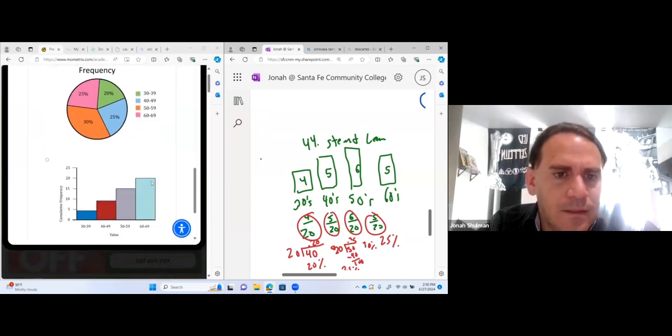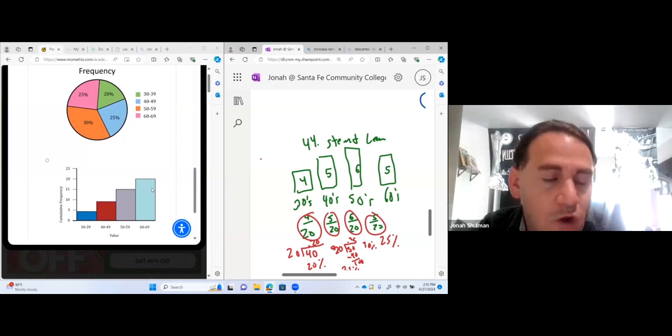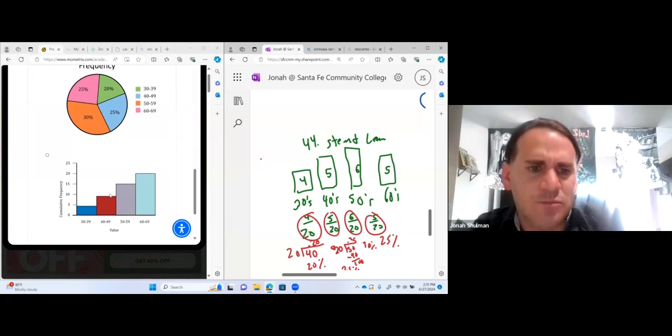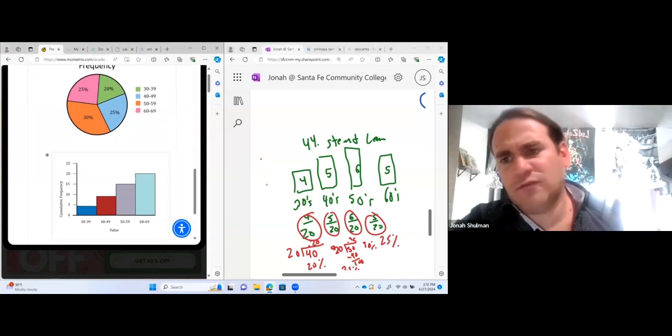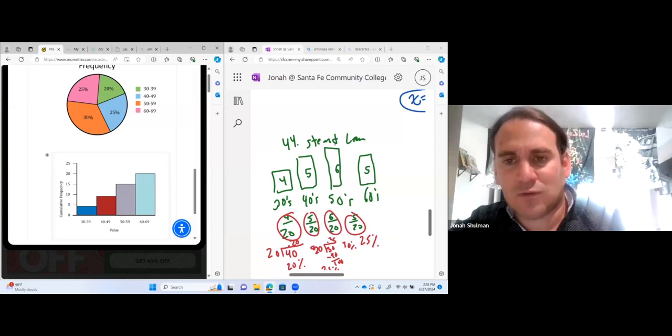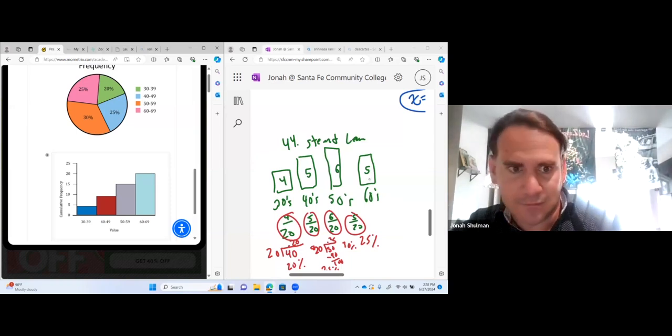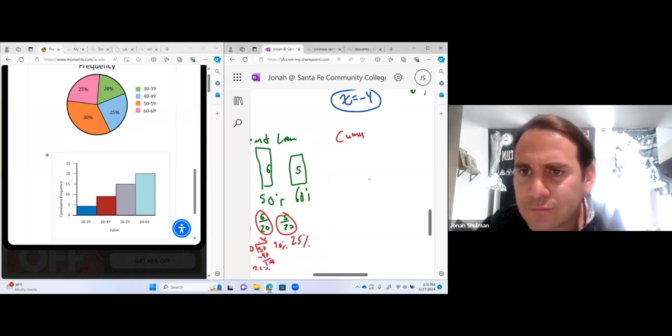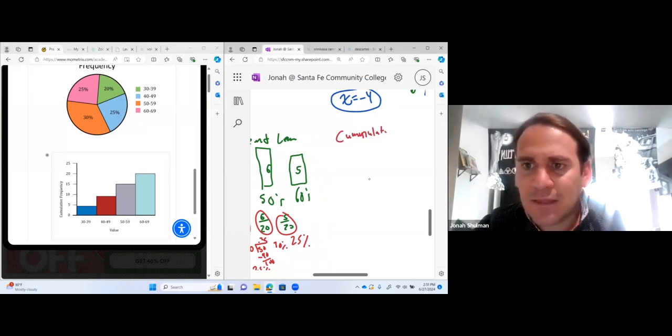The bar graph is off. Oh no, this has cumulative frequency. So this is everybody preceding it. That's what cumulative frequency is. So cumulative means when we are adding them all up. You might think it's wrong because it should be curved like this. This is relative frequency. But when they say cumulative, it means to add them all up.